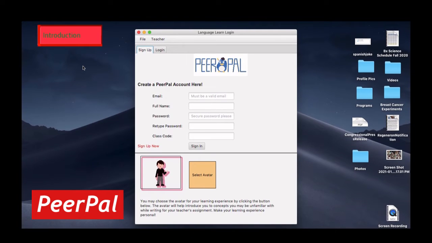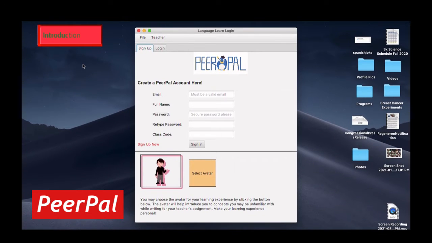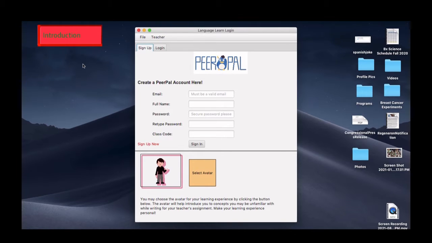PeerPal is a desktop application built in the framework JavaFX that will help both students and teachers learn foreign languages easier and more effectively. PeerPal is built for both teachers and students. For teachers, PeerPal will easily help them grade student assignments and make sure that the students will understand their language